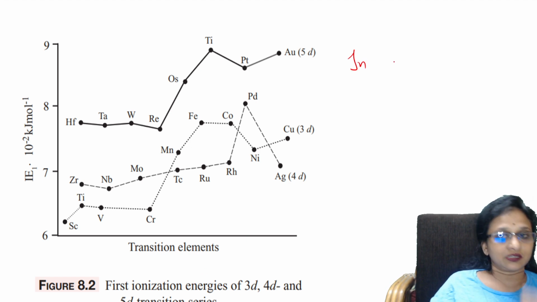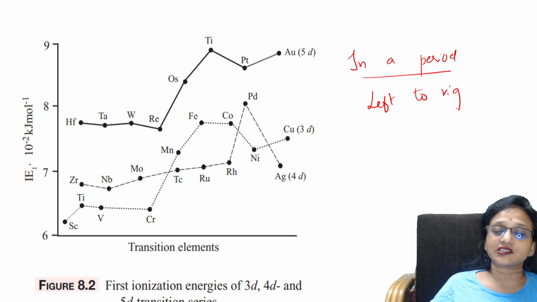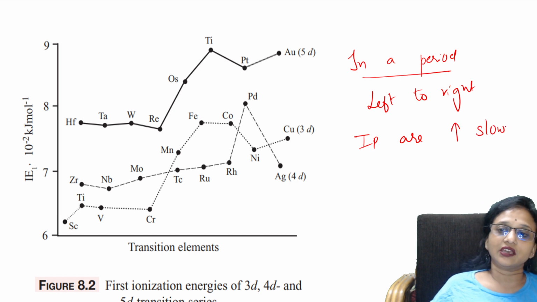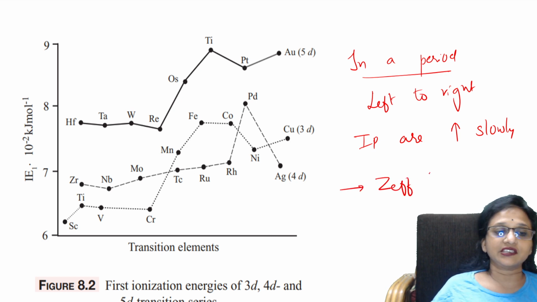So in a period, when I go from left to right, what will happen? Basically there is a slow increase in IP. See this, it is increasing, it is decreasing, it is increasing, slow. So IP values are increasing slowly. Why? Here, important thing, careful. With less energy, I can pull out the electron. Done. The reason here is Z effective is decreasing